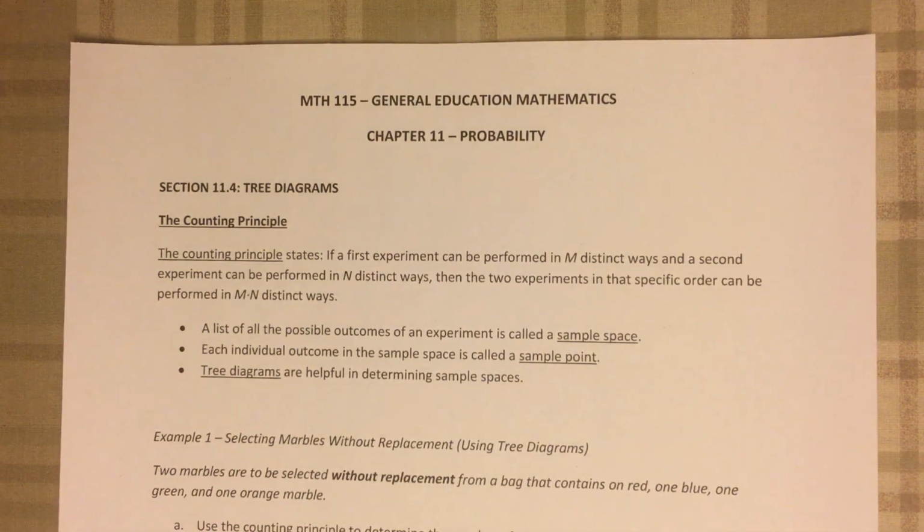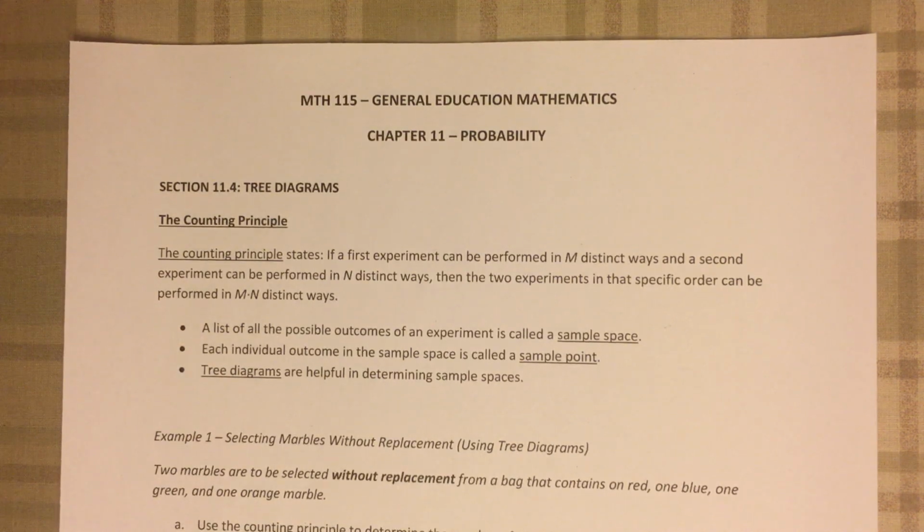Today we're going to talk about tree diagrams. Before we can get into our examples actually using and drawing out our tree diagrams, we need to talk a little bit about something called the counting principle. The counting principle states, if a first experiment can be performed in m distinct ways, and a second experiment can be performed in n distinct ways, then the two experiments in that specific order can be performed in m times